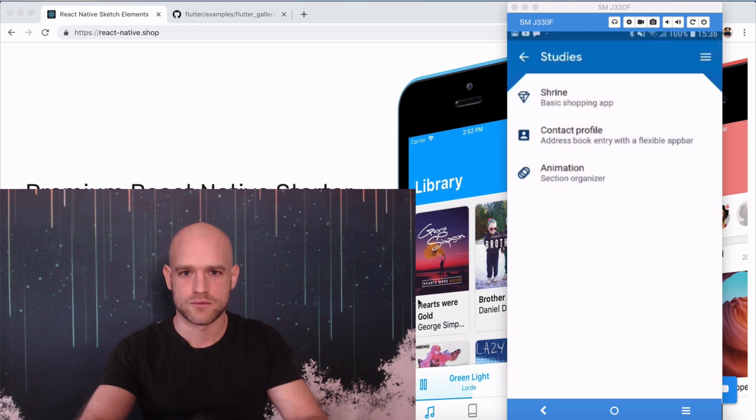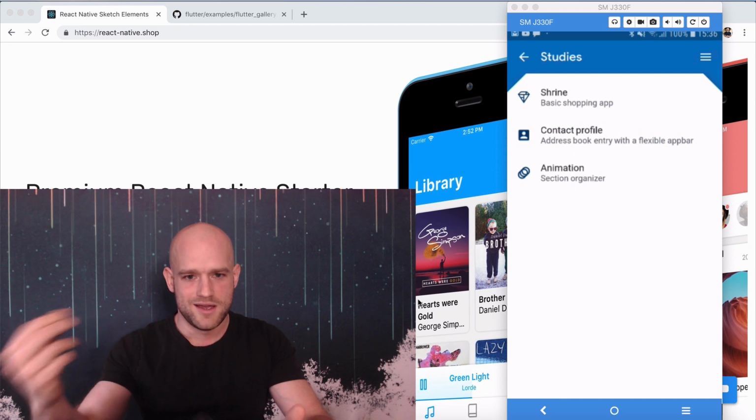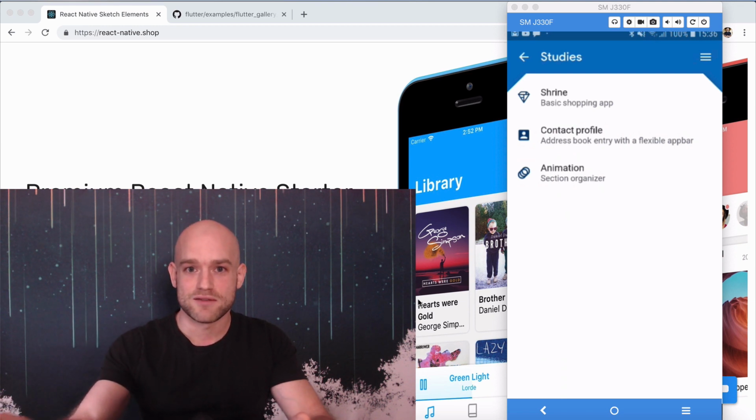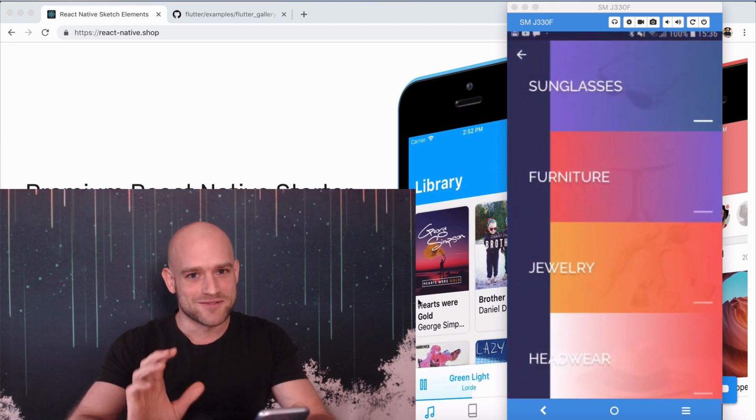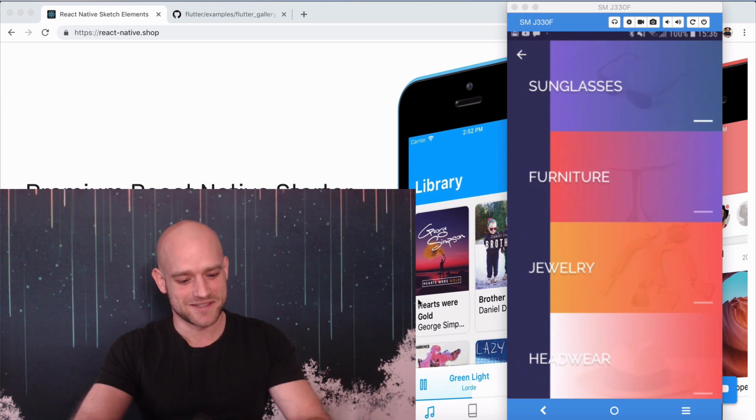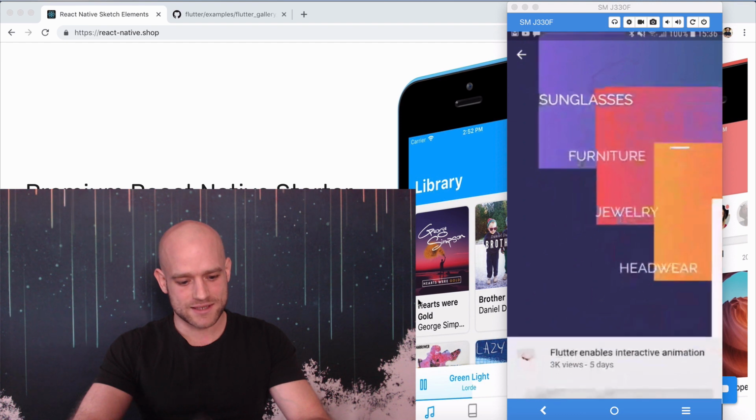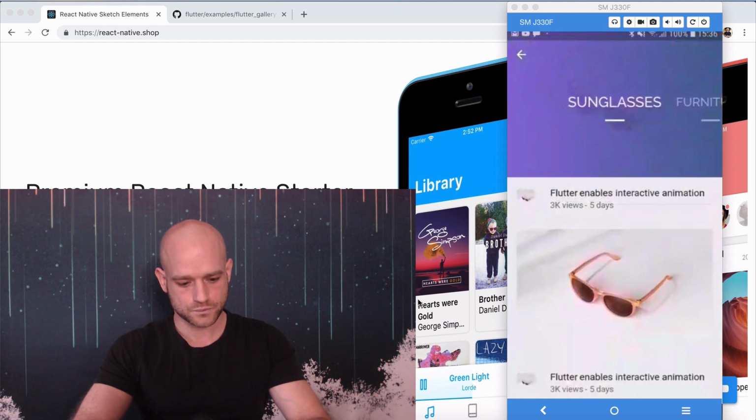Flutter has released a small demo app on the Play Store where they showcase some of the UI components you can use with Flutter and some of the user experiences you can build using Flutter. And one has really caught my attention, and it's this one, the animation. As you can see here, you have 4 sections. You can swipe vertically and then nicely